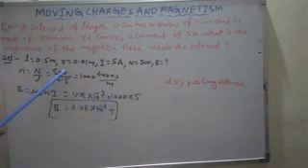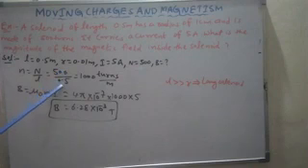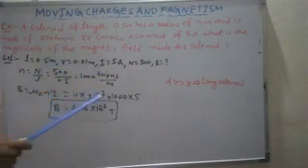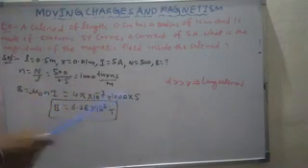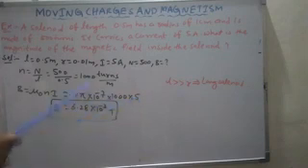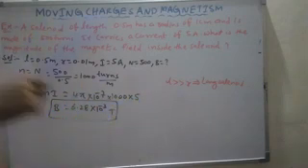How many number of turns? 500. Unit length, how much? 0.5. Simplify and you'll get 1000 turns per meter. So B equals 4π × 10^-7, small n is 1000, into current, which is 5. Then B is equal to 4π into 5. When everything is simplified, you'll get 6.28 × 10^-3 Tesla. Okay, I hope you understood.